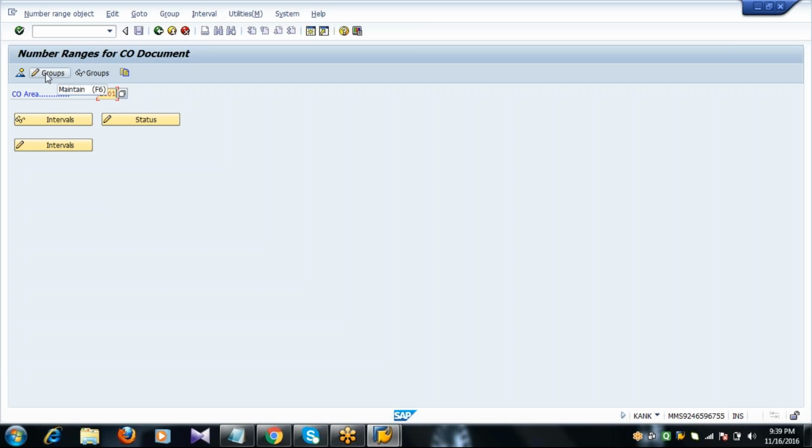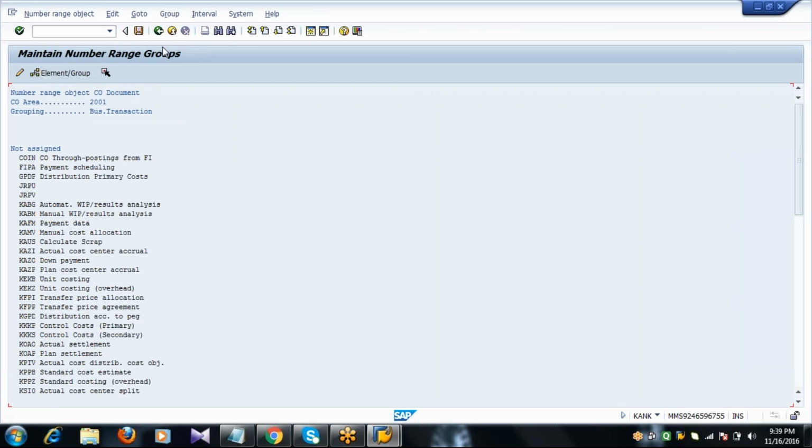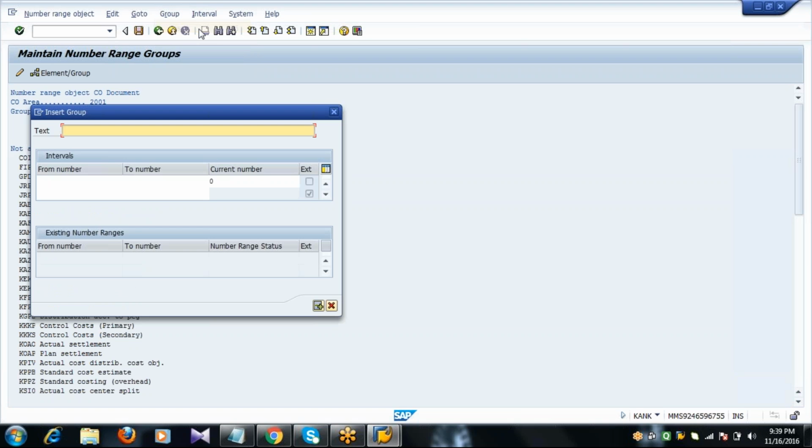Then click on the groups icon. In the menu bar, choose group insert. For example, give some text. I'll give my company code 2001. For the text you can give anything, or you can put your company name also.